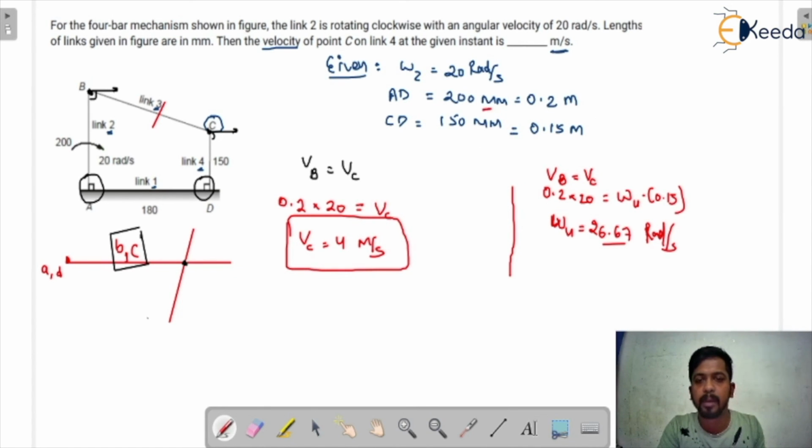The length is in mm, and in the answer you have to put it into meter per second, so you have to convert mm into meter. So just remember this diagram. In the last GATE examinations, last year's GATE exams, they generally ask questions based on this diagram. So basically you must understand this from the engineering services examinations point of view. It is also important.